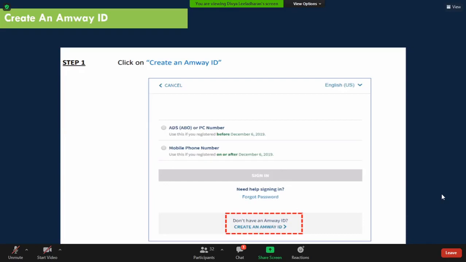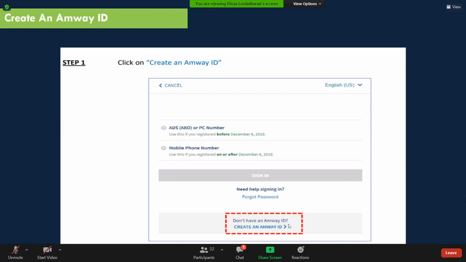So in what cases you can use this option is one thing, like if in case the link which is sent to the ADR or PC is expired. So it has a timeline of like 5 days or so. So within that you will have to use it. If you're trying to access the link post the timeline, you'll not be able to access it, right? So in that case, you can use this option to create the password or the login ID